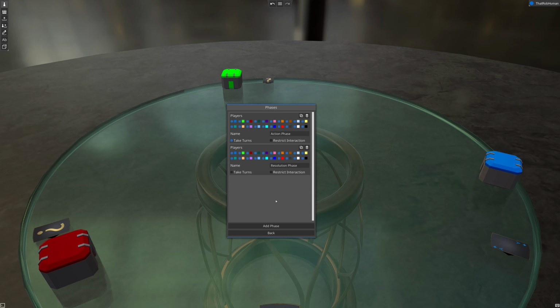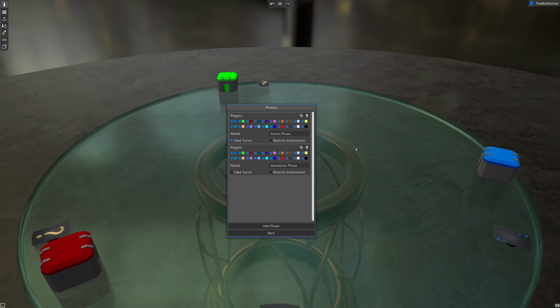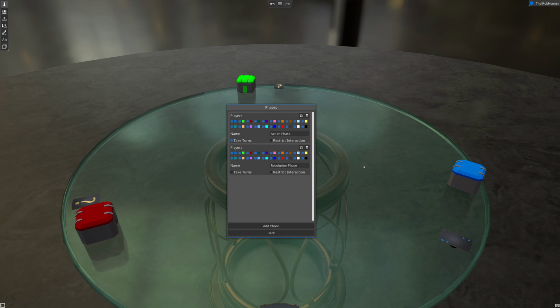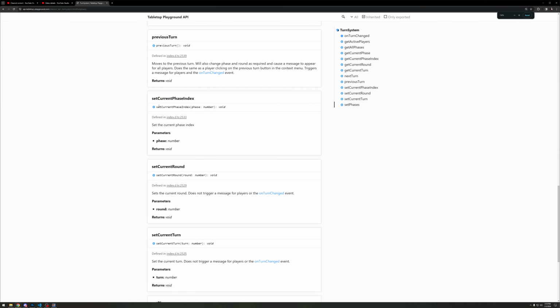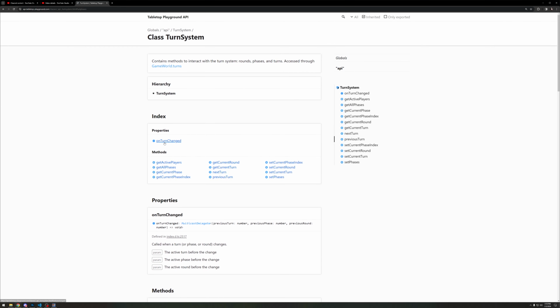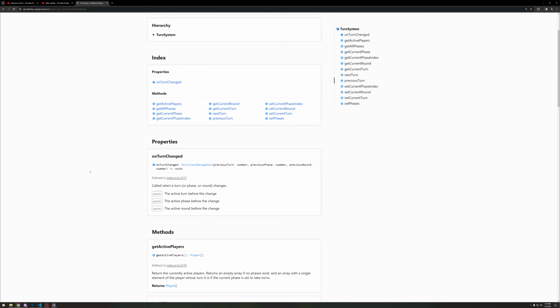The only thing that I remember that you cannot do, and actually, let me check the documentation real quick just to make sure that hasn't changed. Yep, I was right. The only thing that you can't change from a scripting standpoint is the order in which the players take their turn. There is a bit of a workaround there that you can implement using the event system. In fact, if I go to the API documentation here, you can hook into the turnSystem.onTurnChanged event, and that will return the previous turn, the previous phase, and the previous round, and then you can also get the current